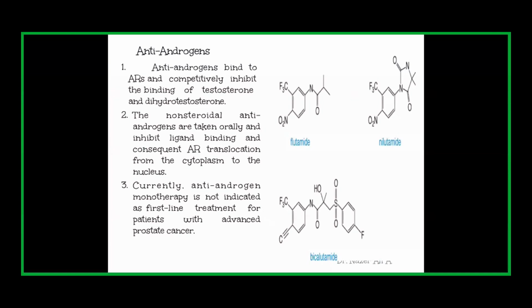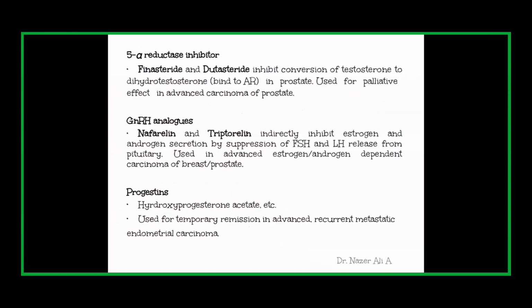Hormonal therapy is most commonly applicable for prostate cancer in males and breast cancer in females. Most commonly, I'm telling you. For prostate, we'll be giving anti-androgens and 5-alpha reductase inhibitors. For breast cancer, if it is ER positive, we'll be giving tamoxifen or fulvestrant. 5-alpha reductase is an enzyme that catalyzes the conversion of testosterone to dihydrotestosterone. Classic examples are finasteride and dutasteride, which are usually prescribed for patients with prostate cancer.